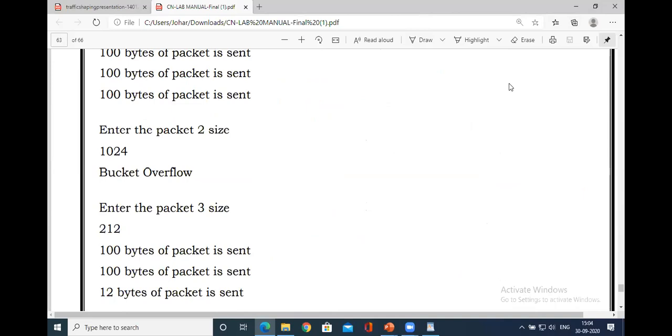So I have not shown you the execution. So maybe you try the execution with this program, and if you have any queries, you can communicate. So I'll forward you the program.